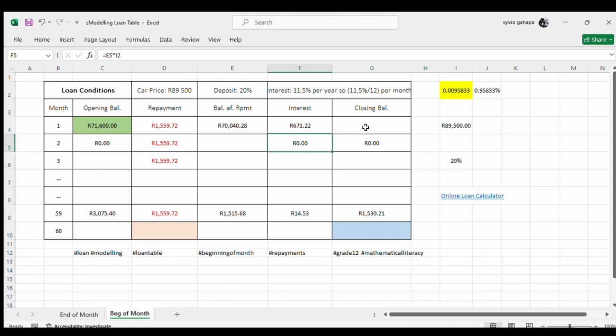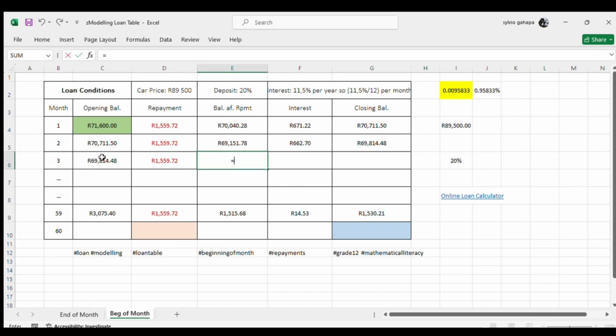So now the closing balance will be the balance after repayment plus the interest, right? So now that gives me that figure, and then it becomes automatically my opening balance, and I'm going to repeat the scenario, right? So it's going to be opening balance minus the repayment, and automatically I have this filled, because as you can see, I've already pre-populated formulas. I'm saving time here. So my closing balance of month number 2 becomes my opening balance, and then again